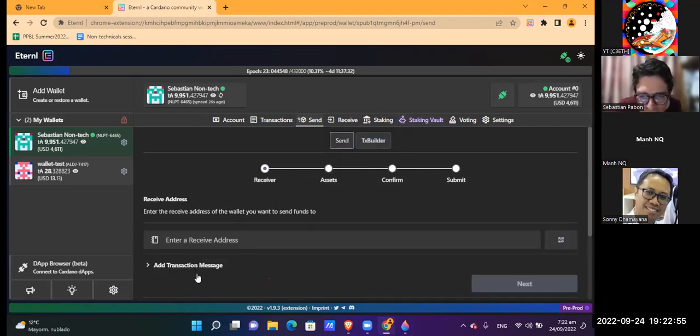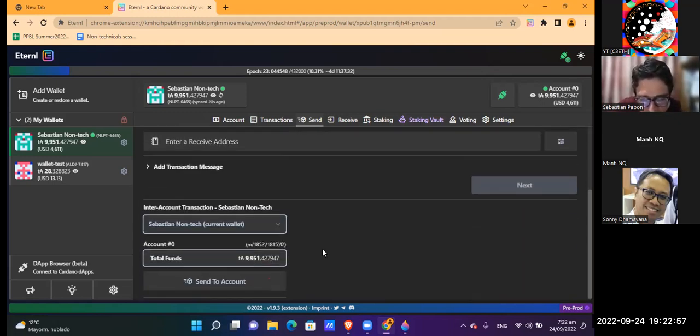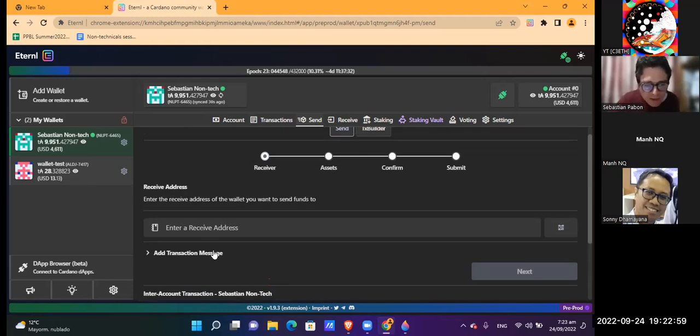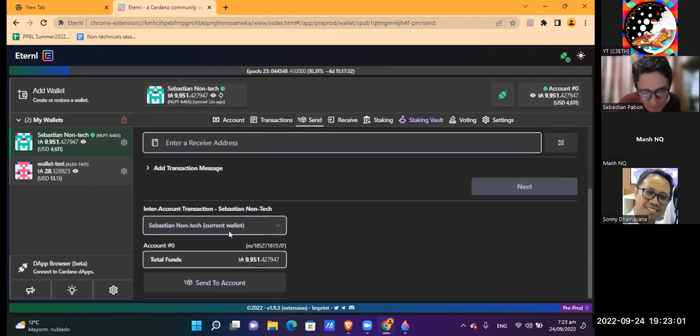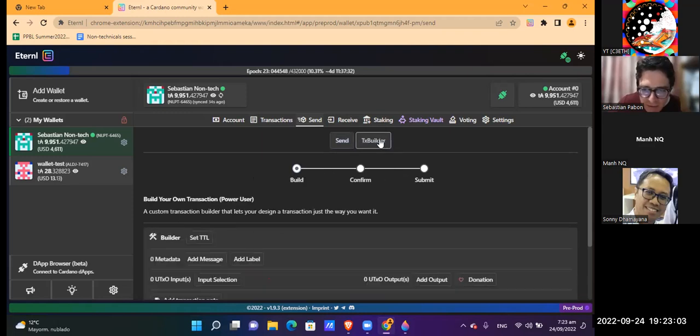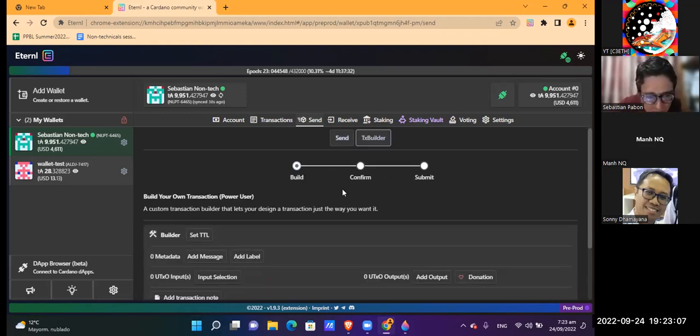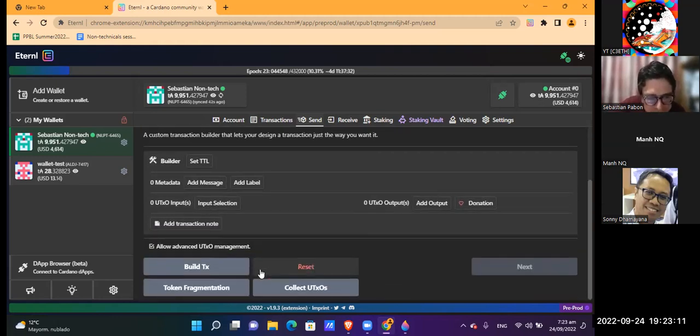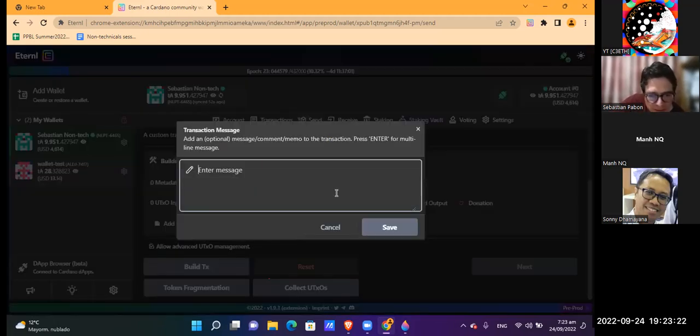So you can send your funds or your values as a common user, or you can send your values as a little bit techie person. How can you do that? Okay, click again TX builder. And in TX builder, I'm going to add some message. It's not obligatory, but I want to send some message because,